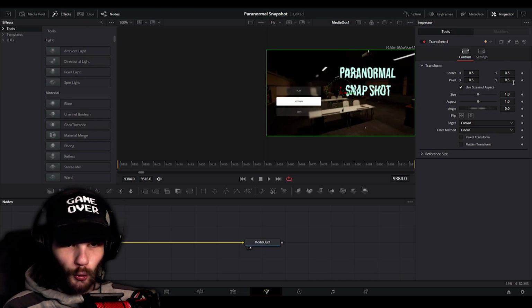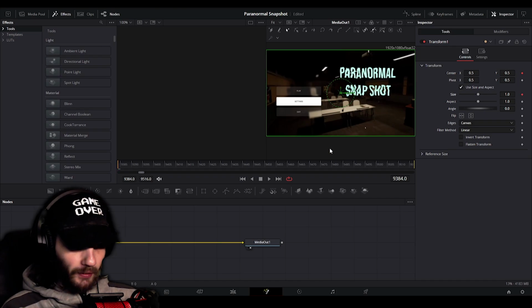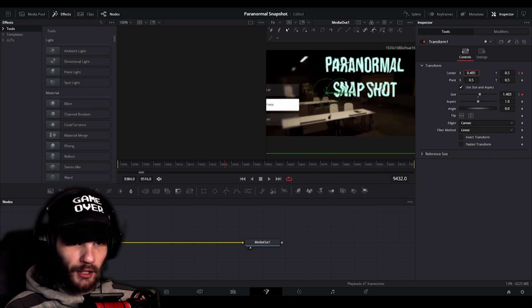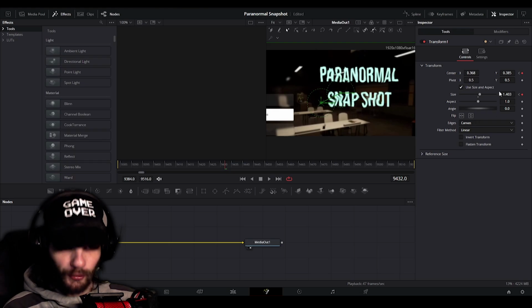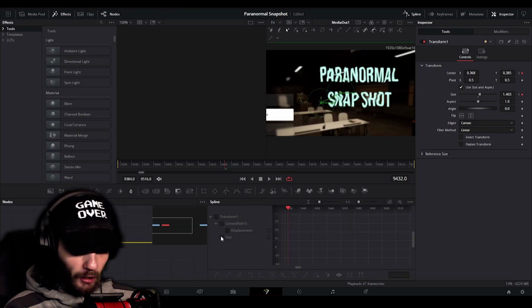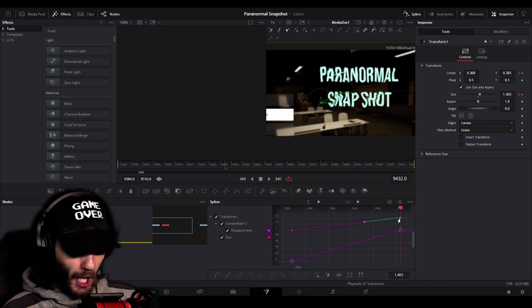So now, if I do a keyframe on center and a keyframe on size, and then go forward a bit, and now size it up, and then center over to here. So now, I've got those keyframes. We have a spline editor over here, and now, if I go over to transform 1, and then go to there, and now we've got this spline editor over here,